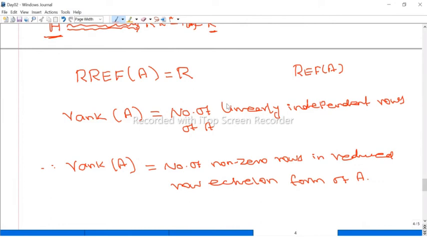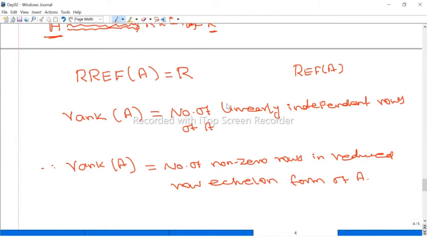Same thing here. You have to reduce the matrix into the row echelon form, and then find the number of non-zero rows. But for the time being, we assume that this is the definition. Later, after we introduce linear transformations and vector spaces, we define the rank of a matrix in some other way. But this is the original definition. All of the definitions are equivalent.